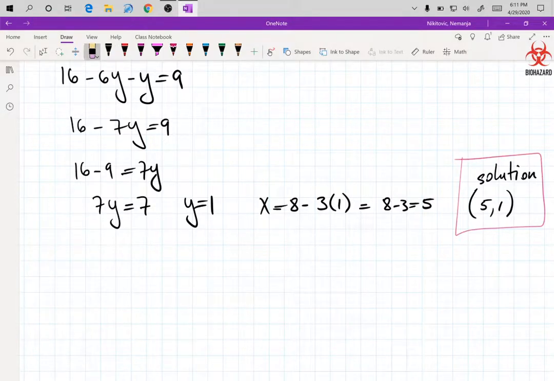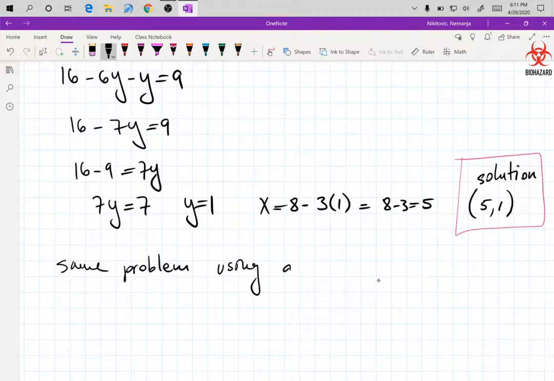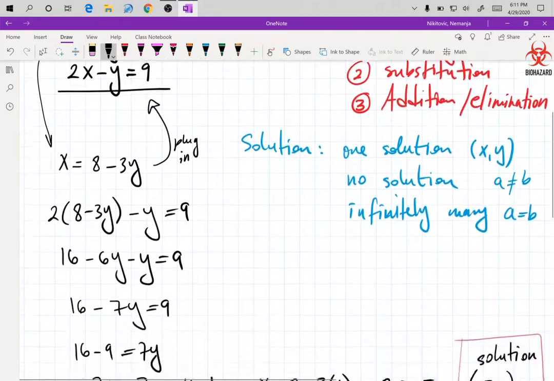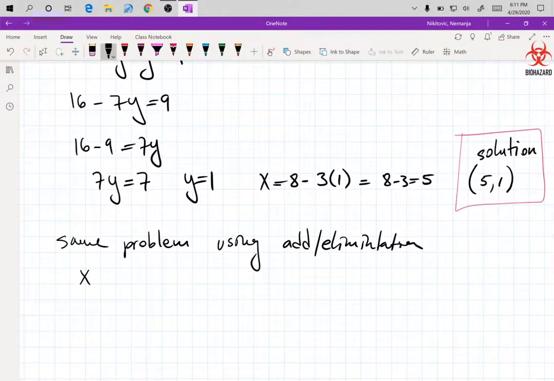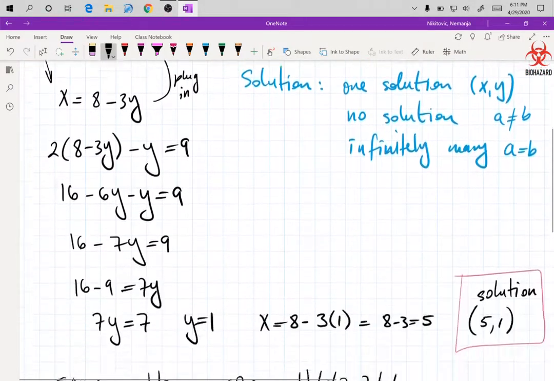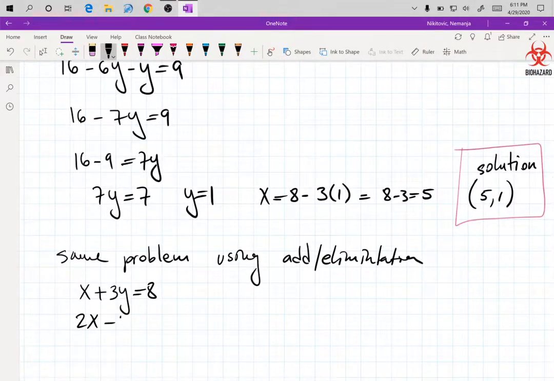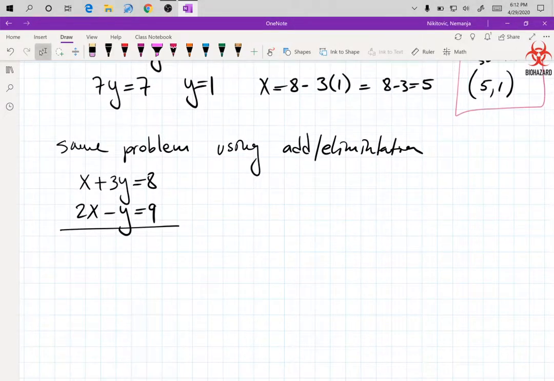using elimination. So what is my problem here? x plus 3y equals 8, and 2x minus y equals 9. To review elimination,